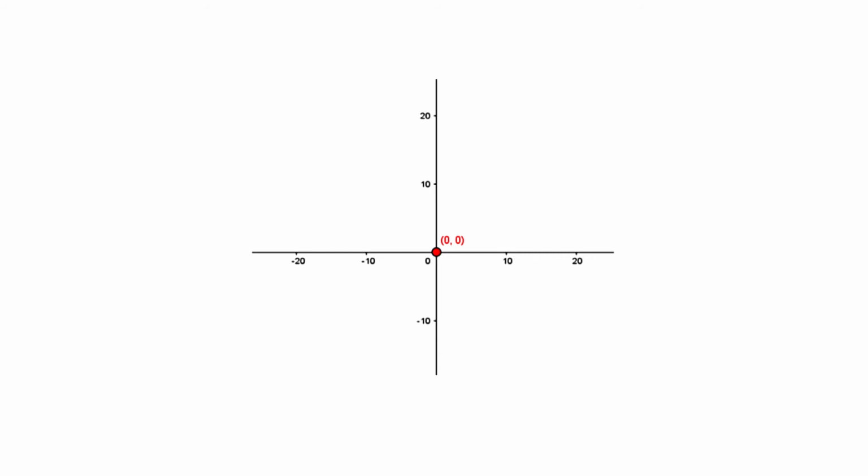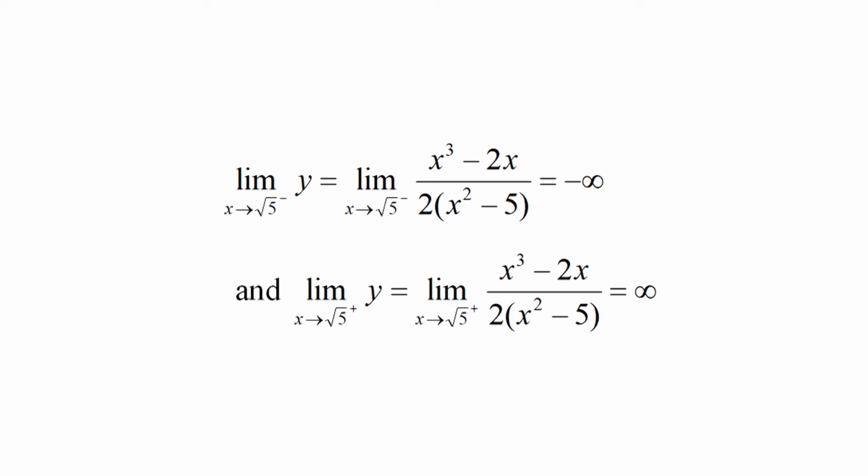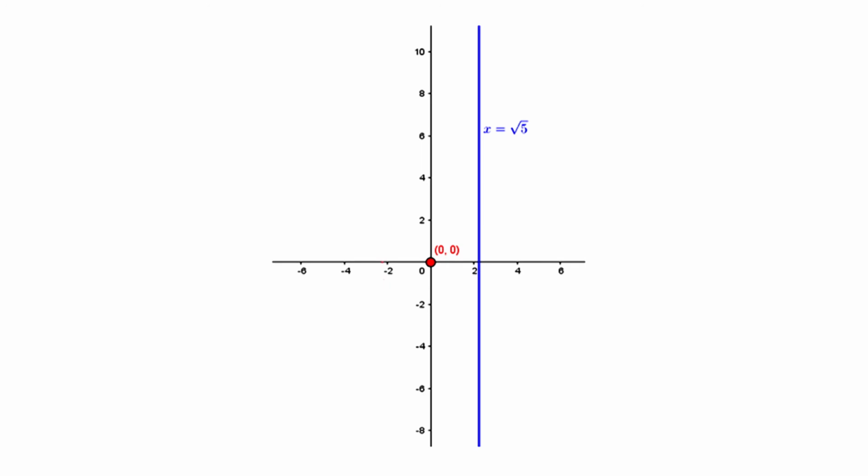When x is equal to 0, we have y is equal to 0, hence the curve passes through the origin 0, 0. Now, limit x going to root 5 minus of y is equal to limit x going to root 5 minus of x cube minus 2x whole divided by 2 times x square minus 5, which is equal to minus infinity, and limit x going to root 5 plus of y is equal to limit x going to root 5 plus of x cube minus 2x whole divided by 2 times x square minus 5, which is equal to plus infinity. Hence, x is equal to root 5 is an